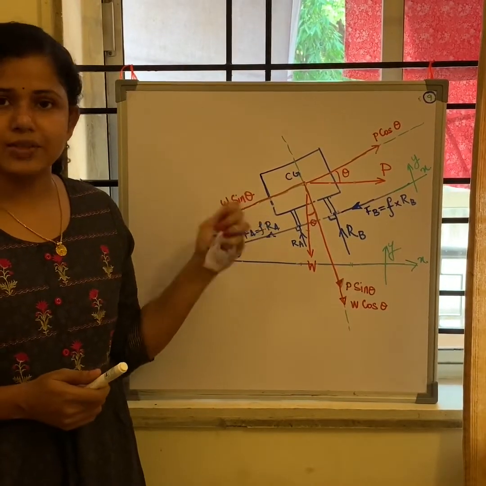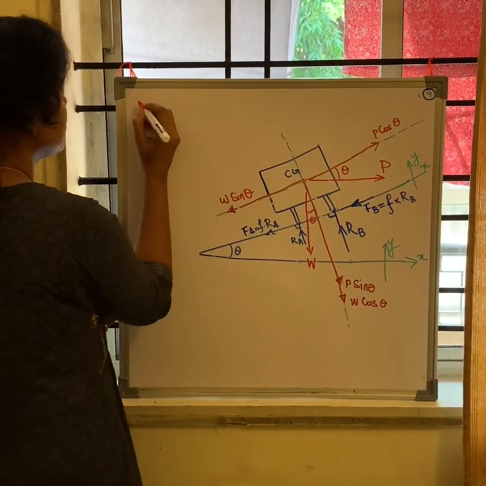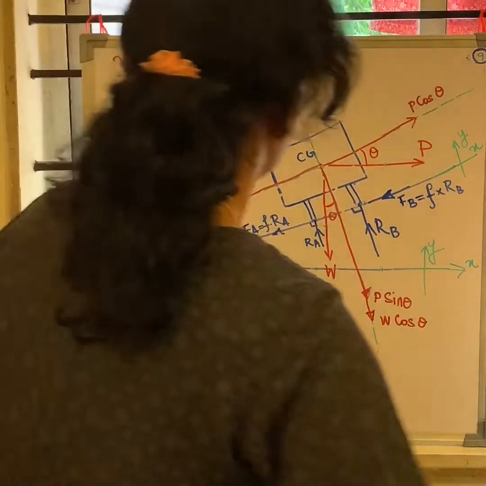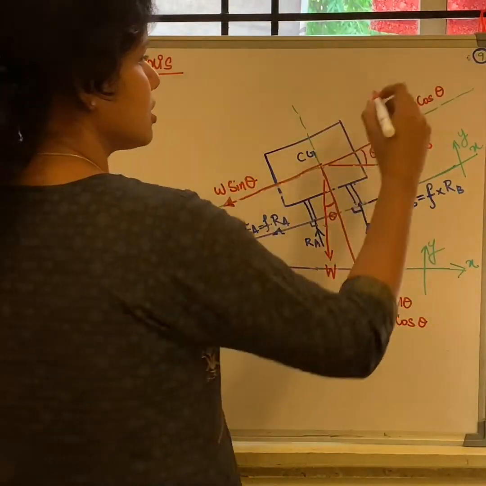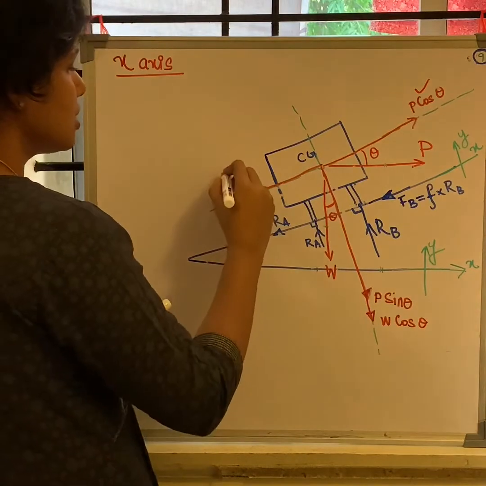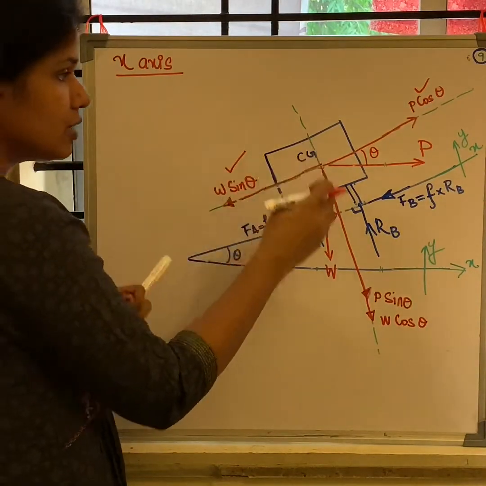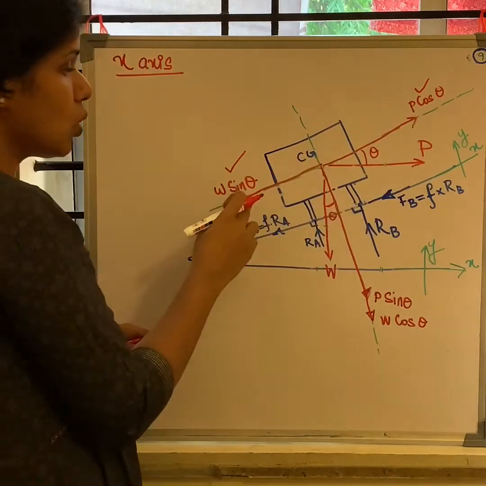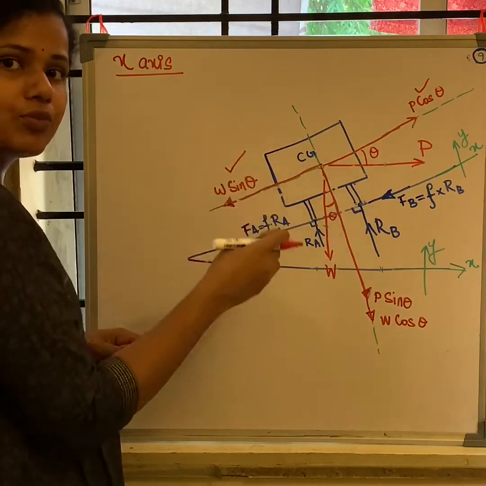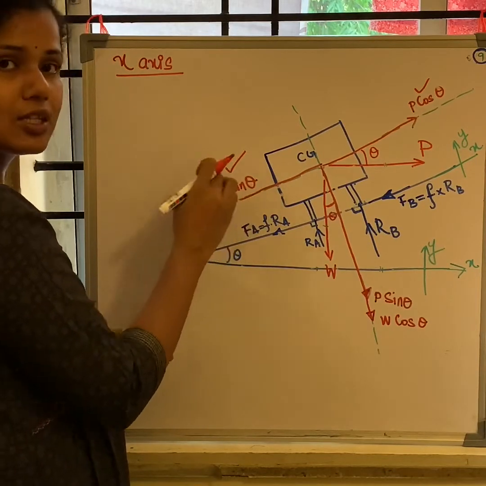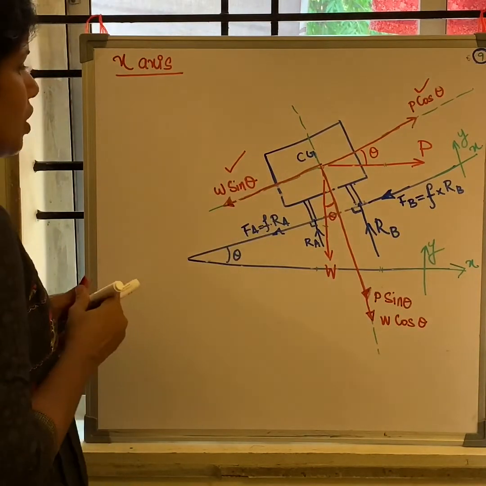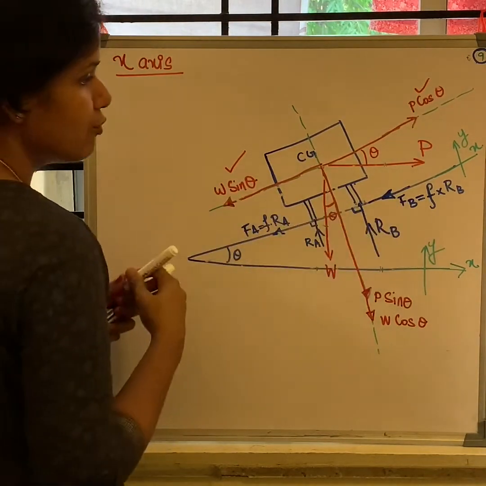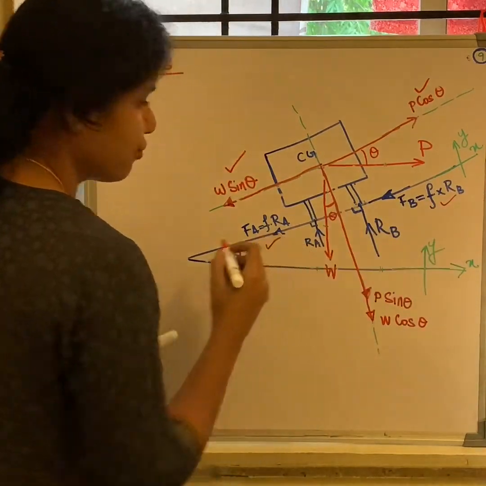Now let's derive the equilibrium conditions. So let's do it in both axes, along the x-axis. So how many forces are acting along the x-axis? I know that P cos theta, one component acting outwards, W sin theta. So this is one of the additional elements. The centrifugal force is also resisted by your additional element. The W sin theta component will be resisting that. So P cos theta outwards, W sin theta inwards, and frictional forces both FB and FA.